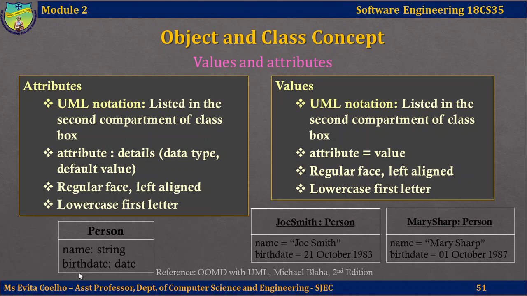Attributes are names of the properties, values are the actual values assigned to these properties or attributes when we are creating an object for a class. If you find it a little hard to understand, take this analogy. Suppose you want to bake cakes. You will have a cake mold, right? The mold becomes nothing but a template, that is like your class.